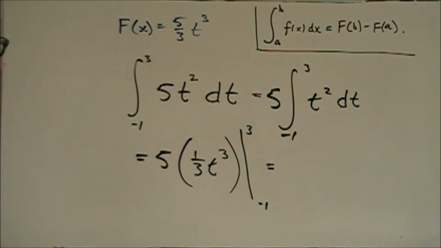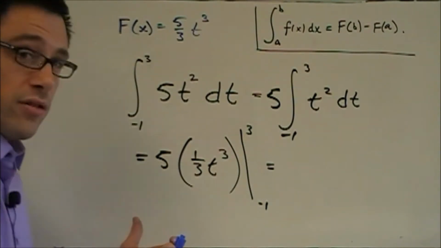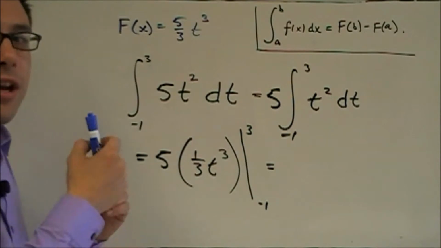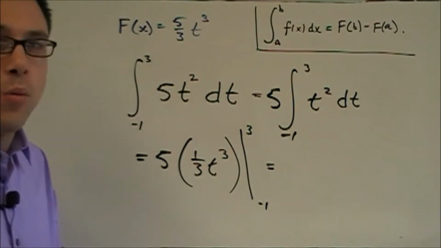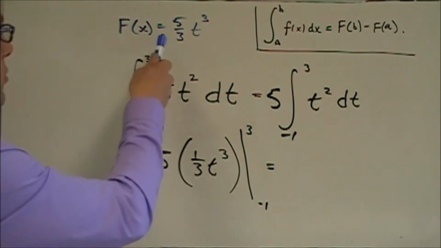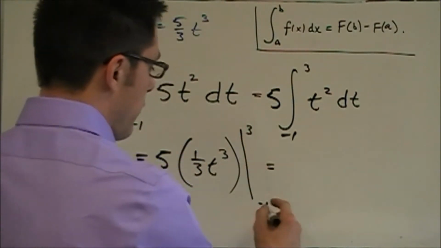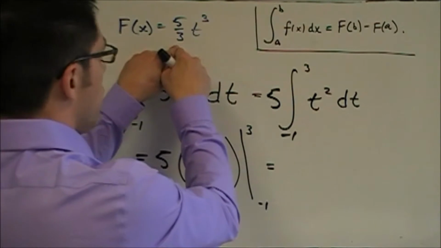Right? That's the antiderivative, or at least the antiderivative that matters in this problem. Because we're talking about a definite integral, we determine whatever constants would be there. So this is the antiderivative that we care about here. And what I have is, I just need to evaluate this value at these two